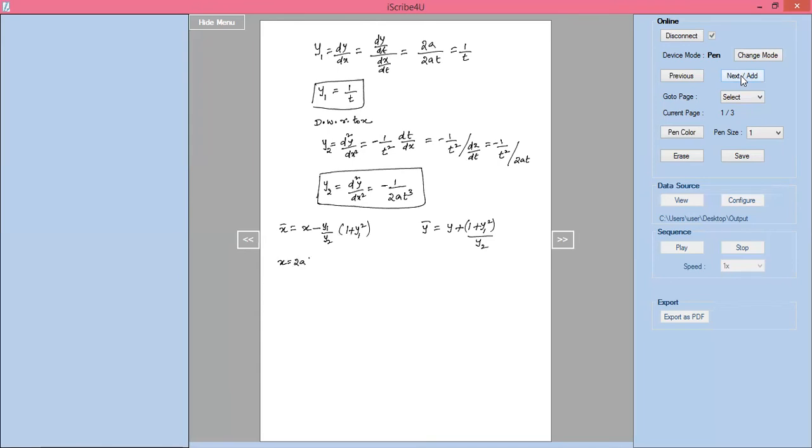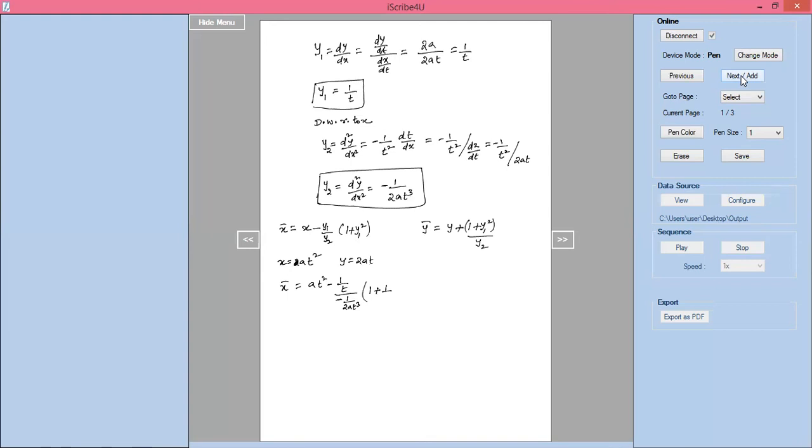Already I know that x equals at square, y equals 2at, we know that. And y1, y2 here only we found out. Now x bar equals, x is nothing but at square, y1. What is the value of y1? y1 is nothing but 1 by t, divided by y2, which is nothing but minus 2 divided by at cube into 1 plus y1 square, 1 plus 1